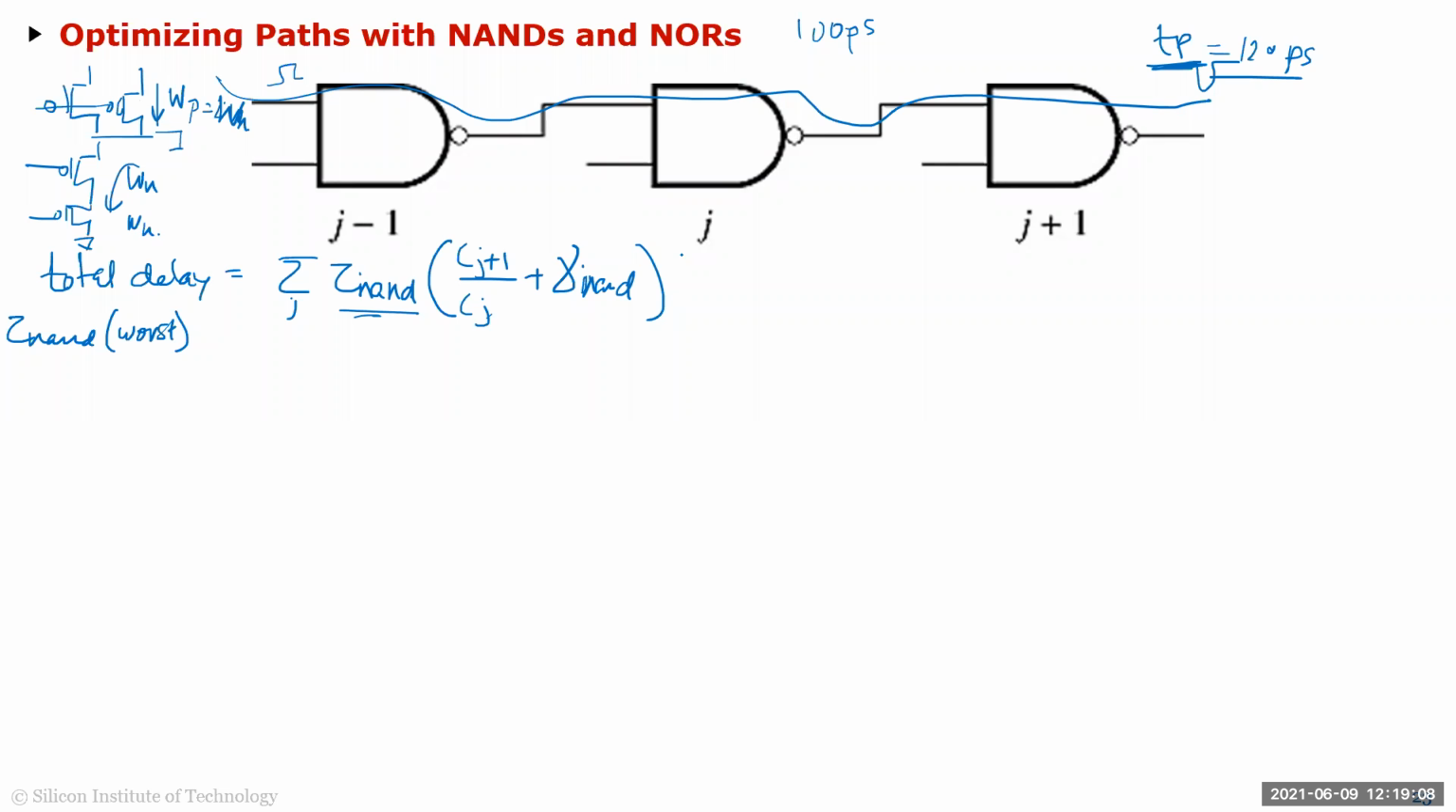Okay, and the same thing, if you had a series of NOR gates, you would write it in the same fashion. Total delay of a NOR gate path would be summation of all the tau NORs times Cj plus 1 over Cj plus the parasitic cap ratio of the NOR gate, right? So that will be the delay. But if you have arbitrary paths, let me write the tau NAND for